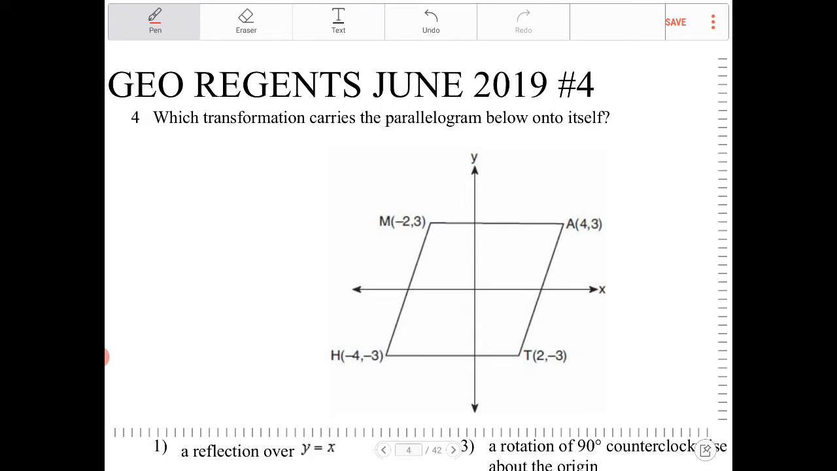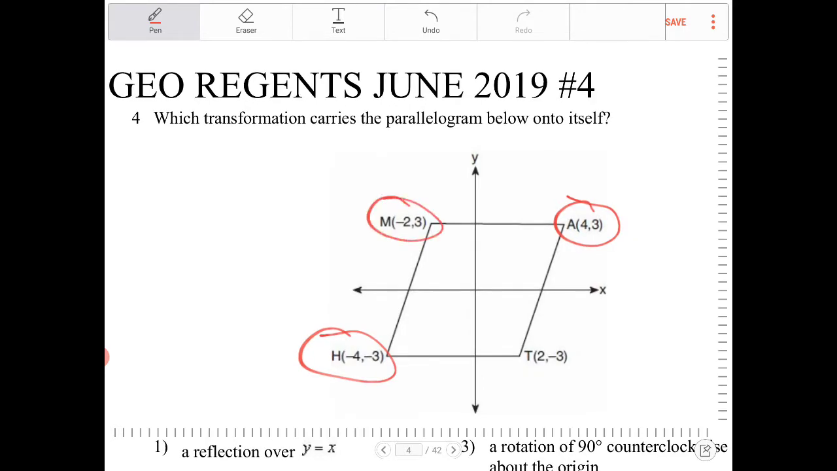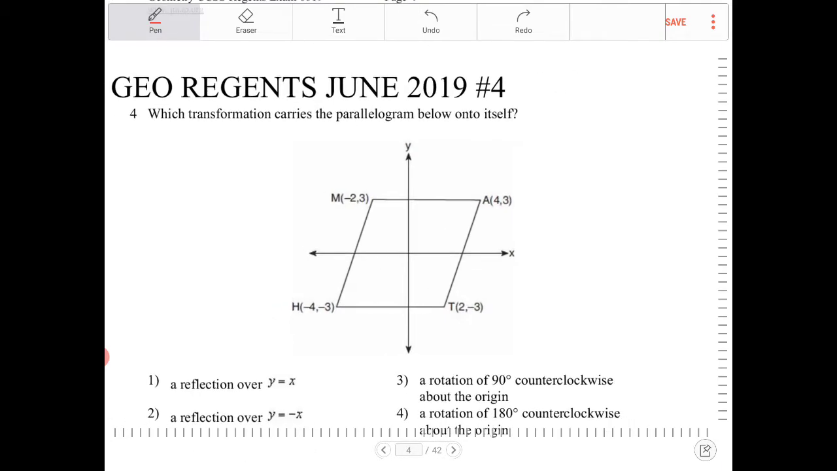And the first thing I noticed between all these four coordinates is that between A and H, the signs of the coordinates are reversed. And the same thing could be said about M and T. The signs of the coordinates are reversed. This is one of the patterns for reflecting something over the origin, where we're doing a point reflection, or you can also think of it as a rotation over the origin for